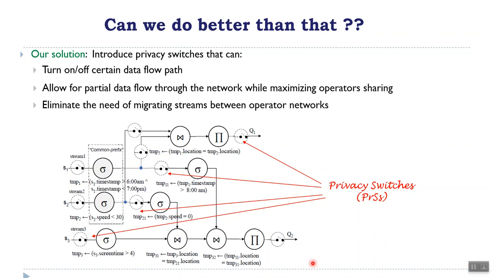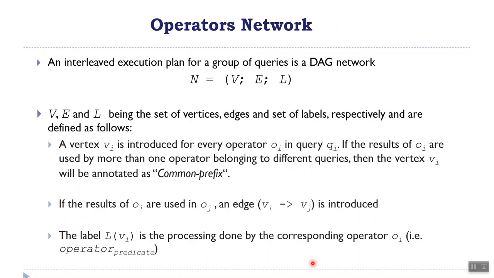So let's start looking at more technical details of our solution. In our paper, we defined the operator networks as directed acyclic graphs, and each network is defined by a set of vertices, edges, and labels. And the vertices represent the different query operators. The edges allow the output of one operator to flow into another operator. And finally, the labels on the edges define the formal language of a query in the form of an operator